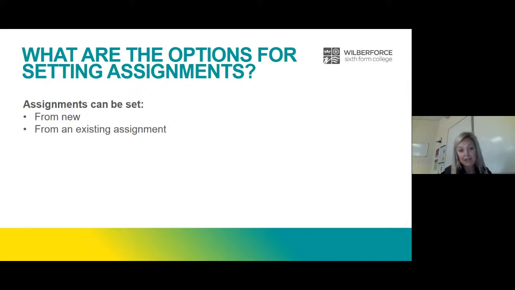Okay, now what that means is that if you perhaps have set an assignment for a particular class and you now want to set a similar or the exact same assignment for a second class, let's say that you've got multiple groups in the same year group that are all studying the same thing, you can actually use that assignment template that you've already got set up to just basically transfer that information across to a second, third, fourth class, which again is really beneficial. It's much more time effective being able to transfer that information across.